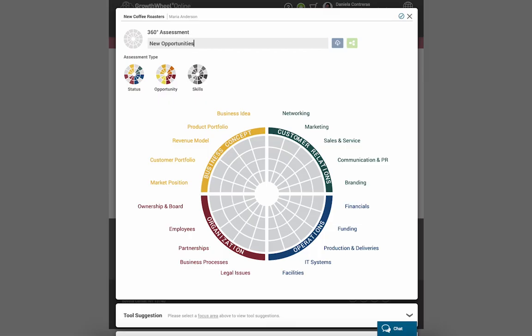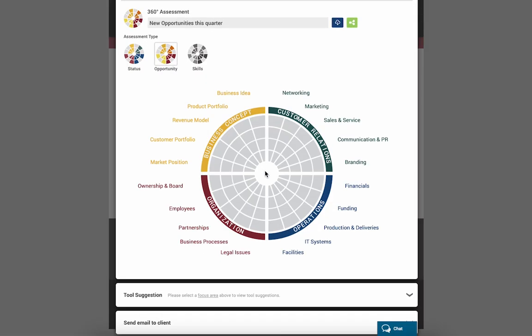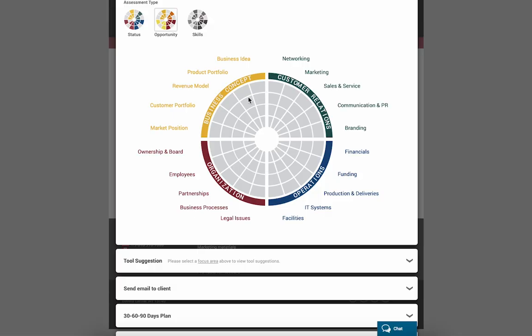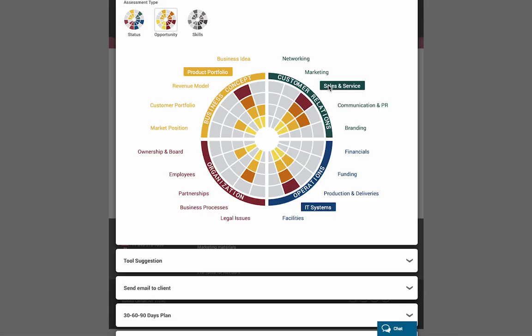Once the assessment opens up, let's add a title to the assessment and select an assessment type. Give a score of 0 to 100% on some or all of the focus areas. If you change your mind, just click again to deselect. Select 1 to 5 focus areas around the wheel to mark the ones you would like to focus on with